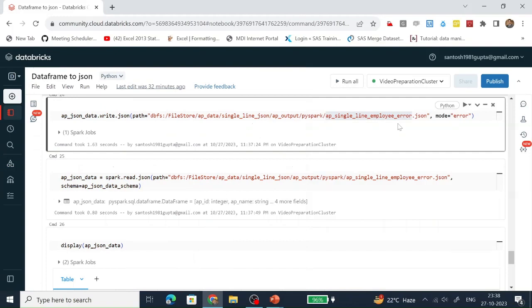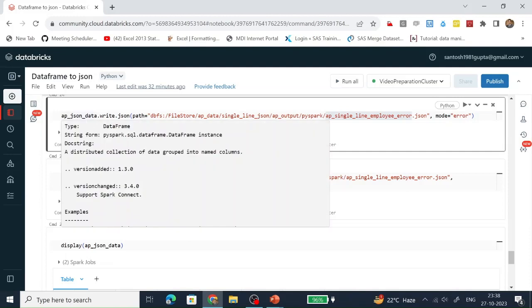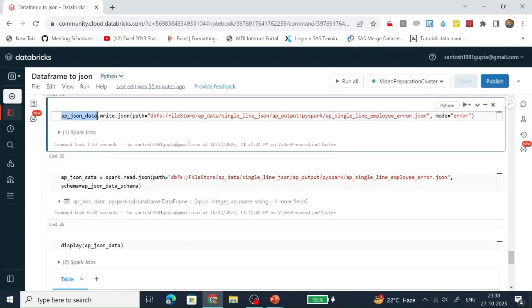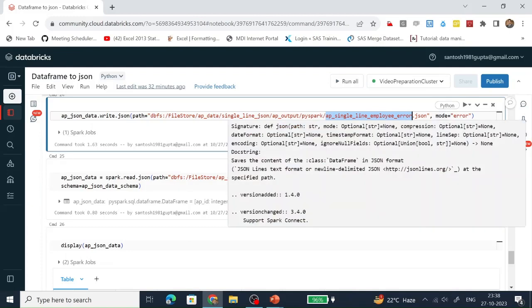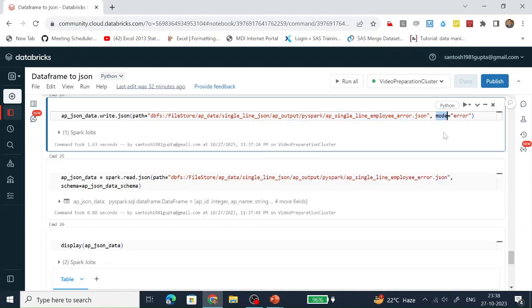Now this file exists and the mode is error. If you write the content of this data frame again in this JSON document, Spark will not allow it, because we are passing the save mode parameter as error.